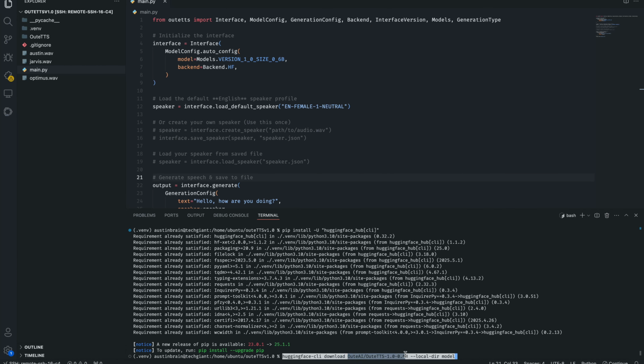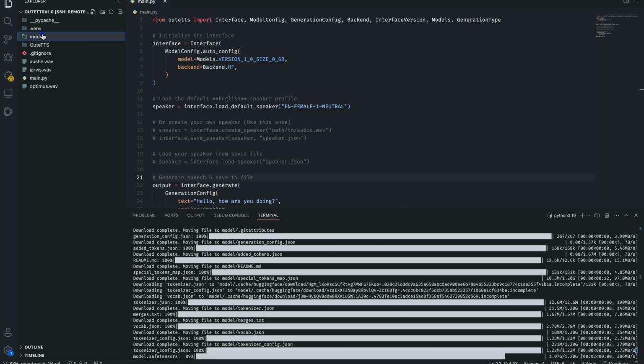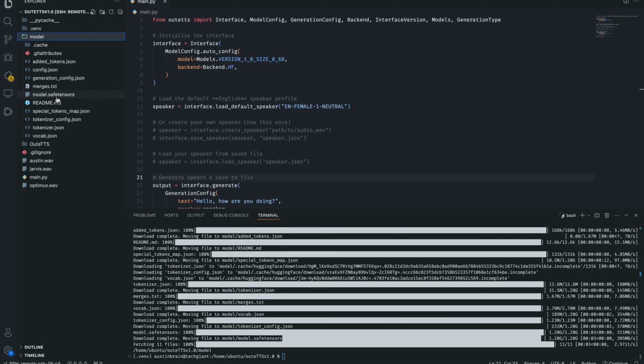That's the value we have here. Now we want this to be pulled into the model directory, which means we want to set it up in our project folder. If you don't specify this directory, it will automatically send this to your cache directory. So let's hit enter. As you can see, it has created a folder with all the model weights